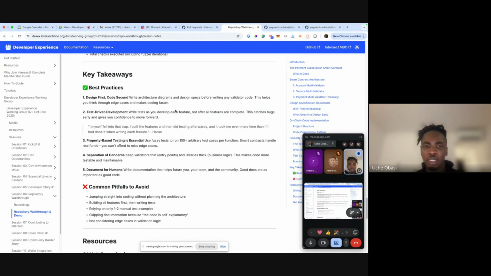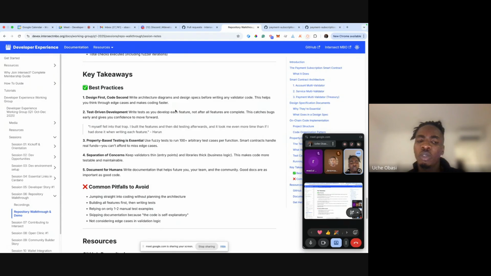So it makes sense for you to design first and then code second. So write your architecture diagrams and design specs before writing any validator code. It's going to help you think through the different edge cases,